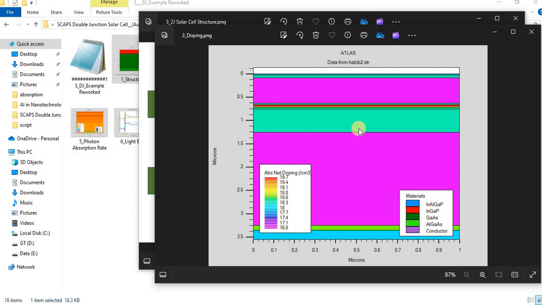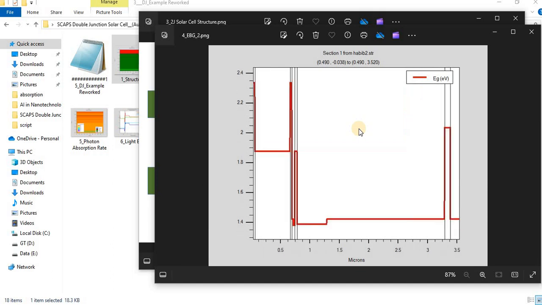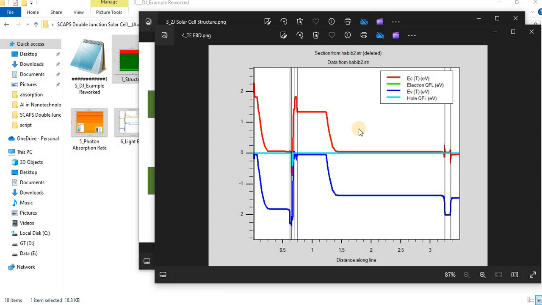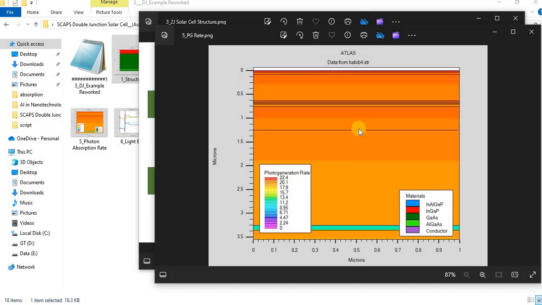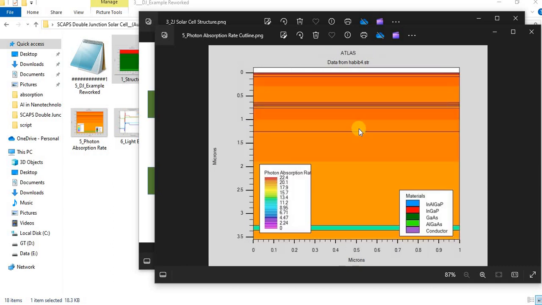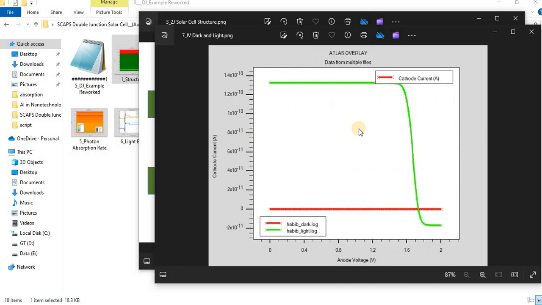Here are the doping profiles. The energy band, the energy levels of different layers inside the structure. Similarly, here is the energy band diagram under thermal equilibrium. The photon generation rates throughout the structure, photon absorption rate, energy band diagram of the structure under light conditions,